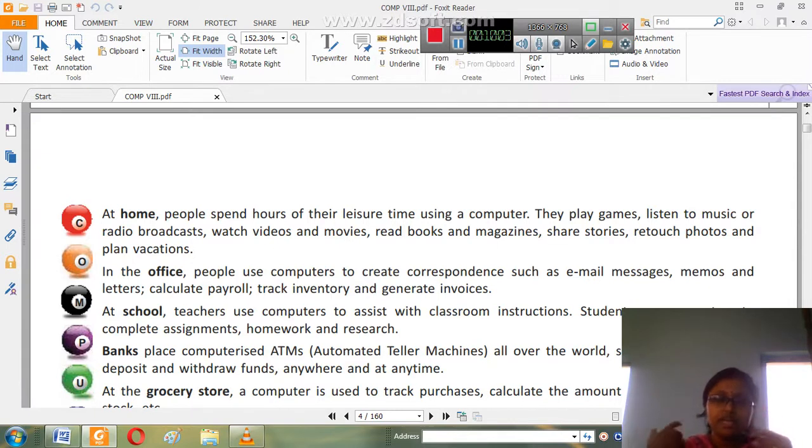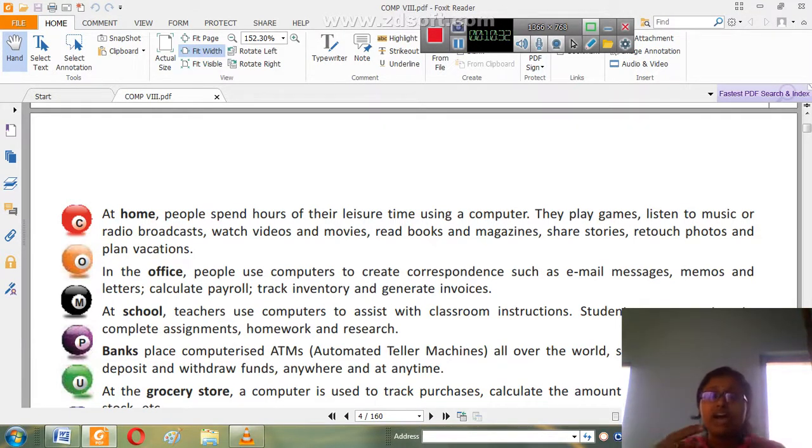Next we have the grocery store. This grocery store is an example given over here. It can be any other store also. You can take the example of a shopping mall. So what all things do we do? We track the purchases, what amount we have spent, what expenses have been made on that particular day, or how much amount of sale has been done.